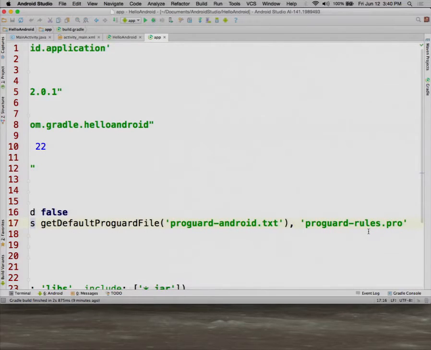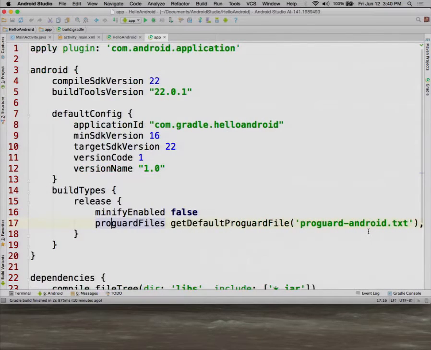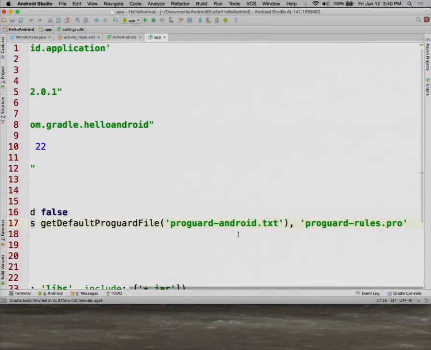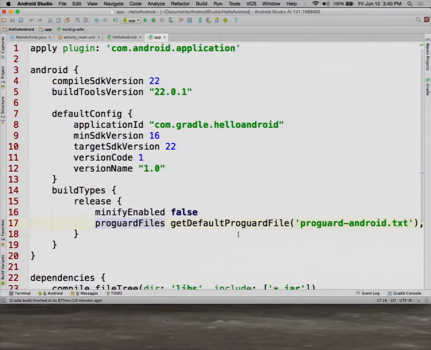ProGuard-android.txt and ProGuard-rules.pro, and if you get comfortable with Groovy at all, you realize this is basically a method call with two arguments in it, with optional parentheses. So you see, you don't really have to know much Groovy at all to follow what's going on in this thing. When you get into regular Gradle builds and Java projects, people have a tendency to start customizing things, which of course is what Gradle's all about, right? I mean, Gradle kind of assumes every build is ultimately a custom build. And you wind up seeing a lot of Groovy code.